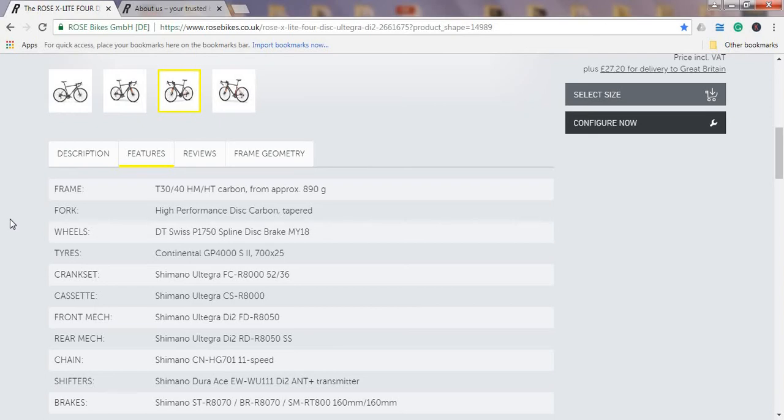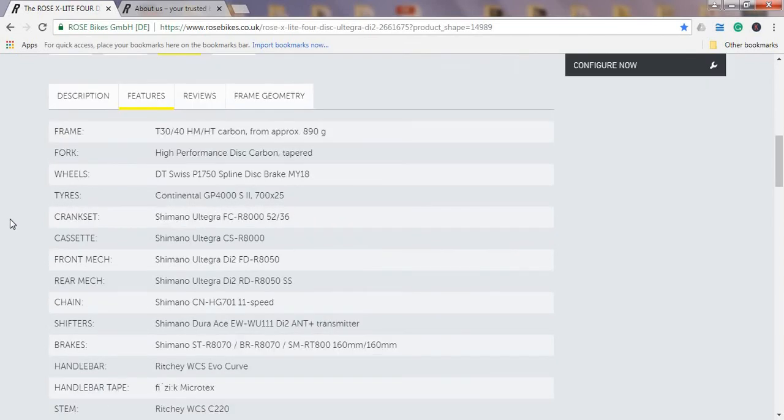Moving on to the wheels, we are speaking about DT Swiss P1750 spline disc wheels for the model year 18, and basically these disc wheels, as far as I know, are aluminium wheels. But DT Swiss is a very famous company in building wheels and hubs, so beautiful choice and a perfect choice for this bike. Tires come from Continental GP4000S, 25mm wide, good choice, and Continental probably currently the best tire manufacturer